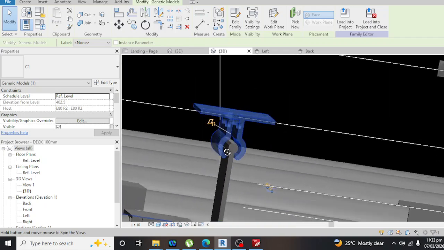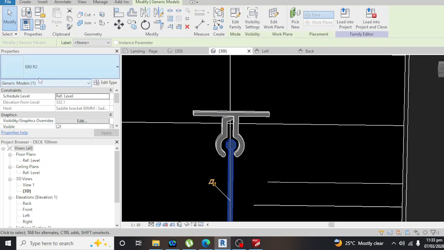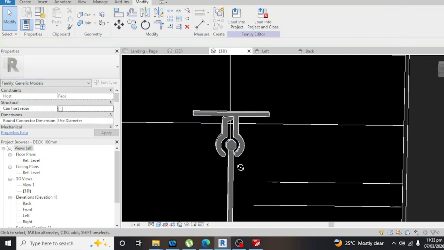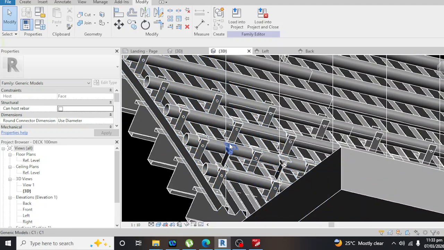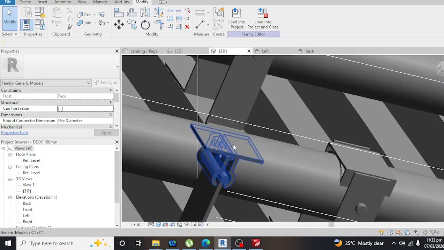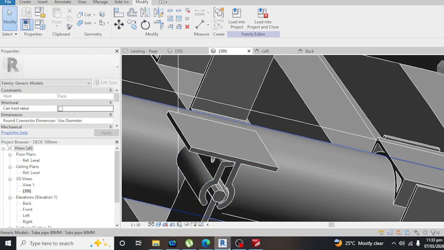Guys, look at the detail. If you clamp the calcium clamp on this EATR2, then you're going to fix the U channel on the top of the clamp, the calcium clamp, like this.